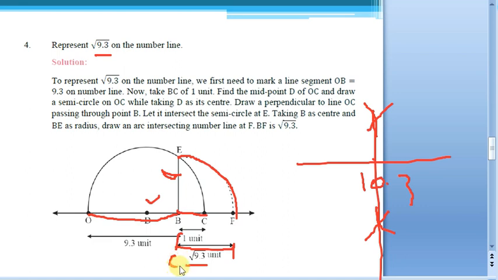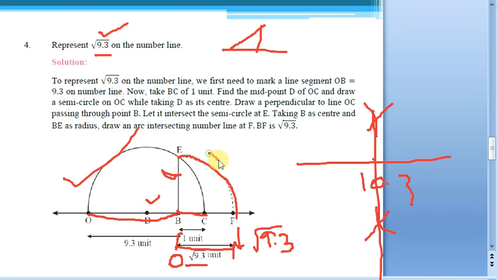Otherwise, just start the number line. If you assume 0 here, then at this particular point you get square root of 9.3. Remember, this is an important method with which we can represent the square root of any number. There is one more geometric method which we used for root 2, taking combinations and all, but in some cases it will be cumbersome. So whenever any square root is given to you, we can use this general approach. We can use this generalization method for the representation, and we have to write the steps for the same. Just go through the steps here, and keep whatever you are doing in sentence form. That is enough. I hope this is clear to you.